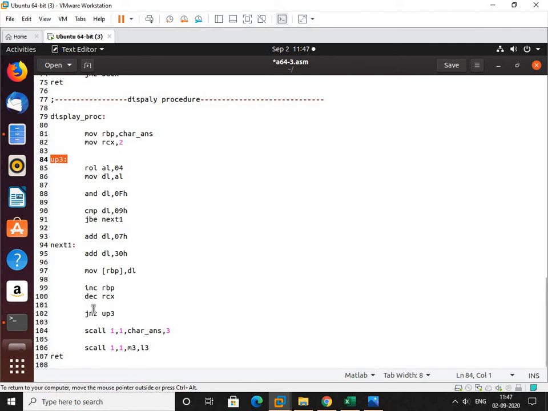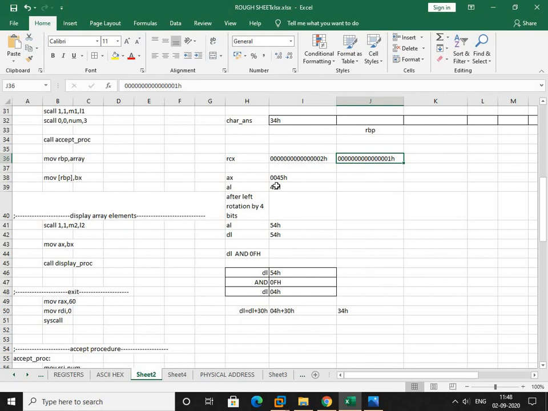So the content of RCX is now 1. It is not equal to 0, so we will jump again to the up 3 label. Now again we will rotate the content of AL by 4 bits. What is the content of AL now? It is 54H.